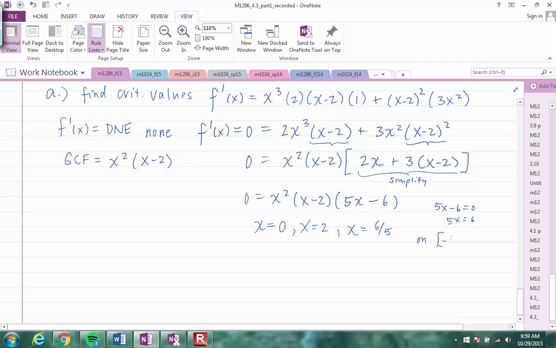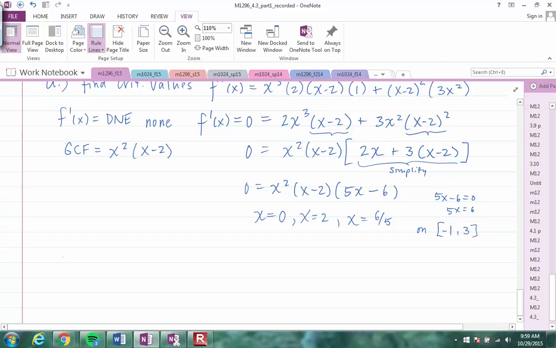And that's an important thing to highlight here, because if any of these critical values are not on the interval -1 to 3, we don't care about them. We're going to set up our table now, where we have our intervals, and we want to work left to right. So starting at the endpoint -1, and we're going to go to our first critical value,